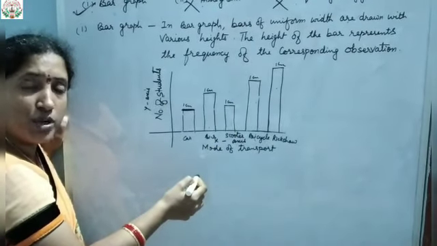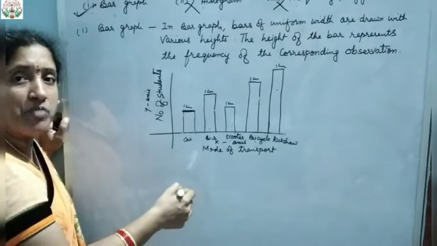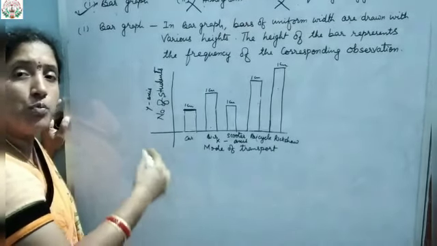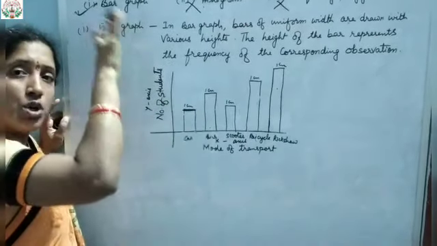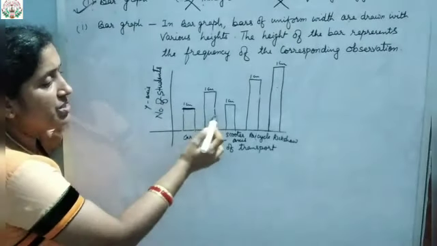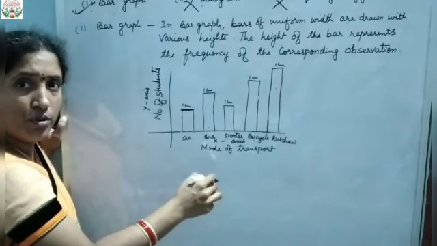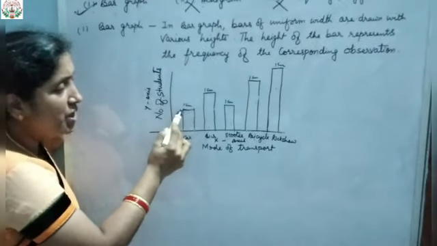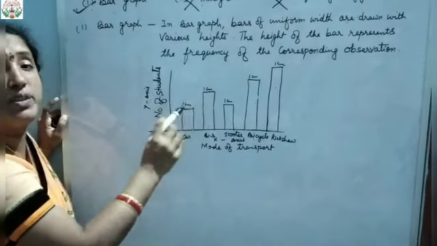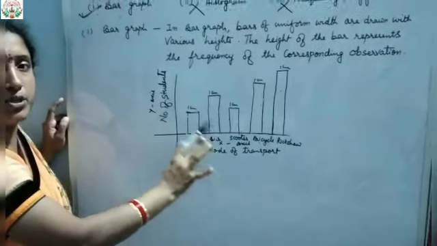As we have seen in exercise 14.2, the frequencies of a particular group distribution table increase or decrease. So depending on those frequencies, here also you can see the bar graph is either increasing or decreasing. But the width of this particular bar graph will never reduce or increase. It will be the same in all the cases. Clear? That is the definition of bar graph.